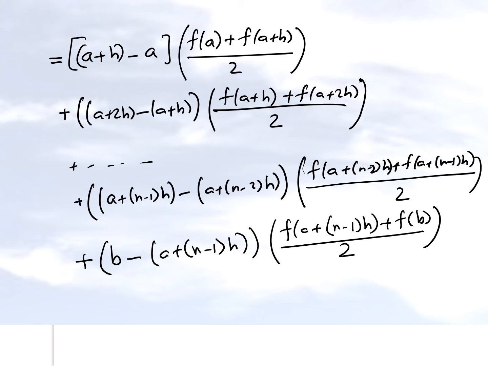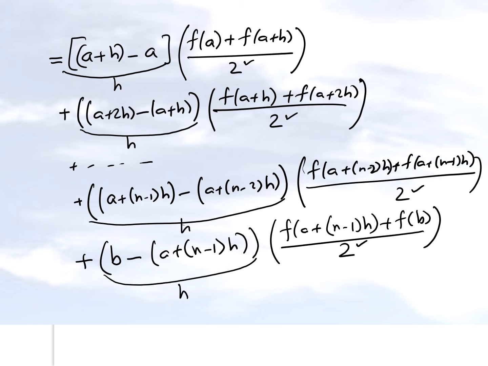And what you're going to find out now is that this 2 is common in all these expressions, right? So that can be taken out as a common factor. But you also have to recognize that there's a common factor here, because when I simplify this, that's h. When I simplify this, that's h. When I simplify this, that is h. When I simplify, that is h. Because it is the width of the segment. That's what you're going to get on the outside there. So it means that h divided by 2 is the common factor. So let's take h divided by 2 as a common factor, and maybe we can simplify the expression a little bit.